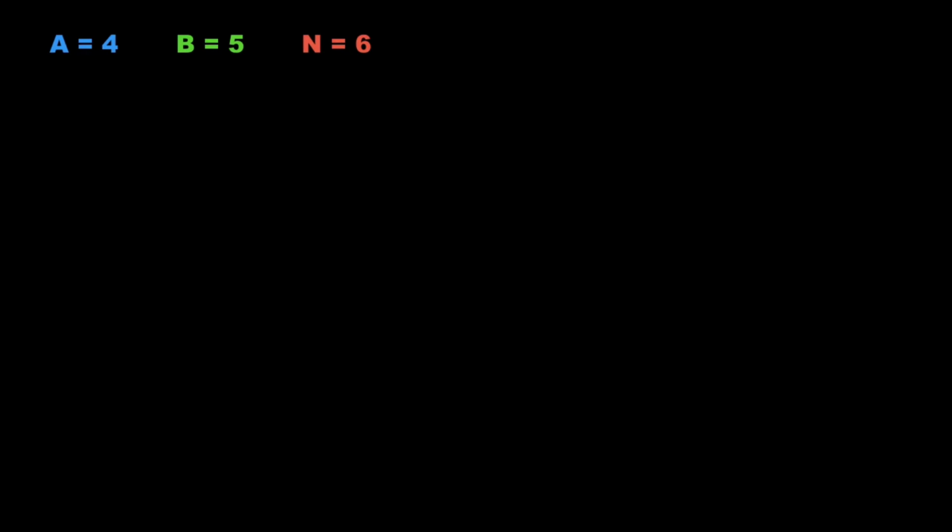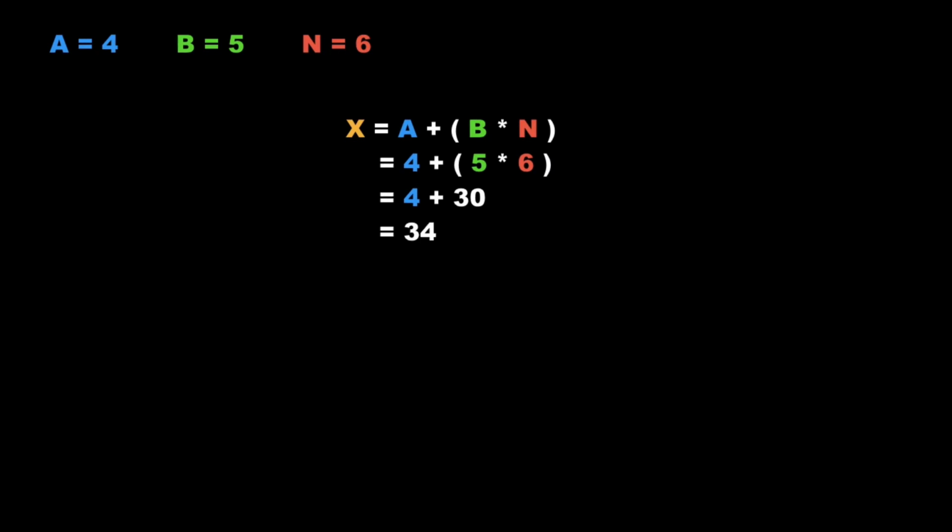Before moving to the problem, let's have a look at the intuition behind this problem. For that, consider two numbers a and b whose values are 4 and 5. Also consider another number n whose value is greater than a and b. Let's consider the value of n to be 6. So if we want to store the values of a and b in a single number, let's call this number x, then we can do it by using the following formula, where x is equal to a plus b times n. That is, a gets added with a multiple of n and then the whole value is stored in x. So the value of x will be 34.